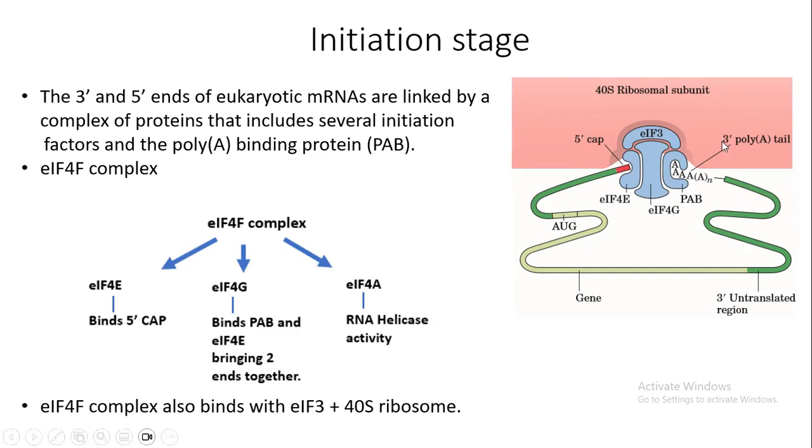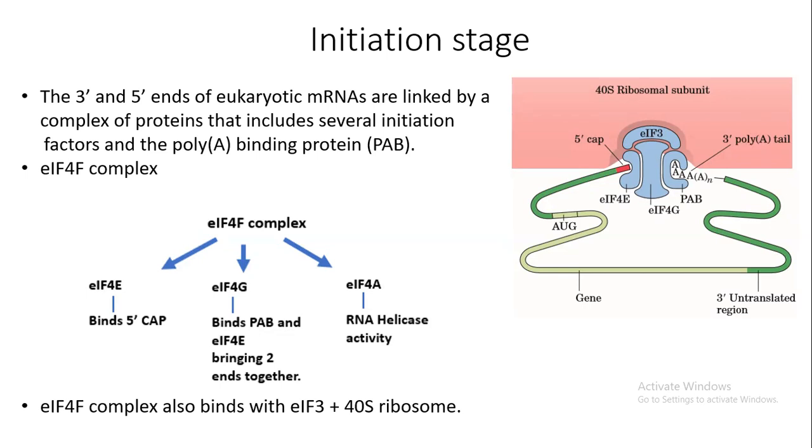Now, the 3 prime poly A tail also helps to protect the RNA from degradation by nucleases from the 3 prime end of messenger RNA. So it helps to increase the life of messenger RNA. Okay. Now,